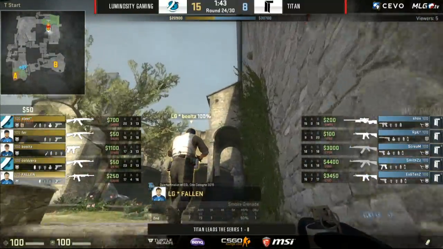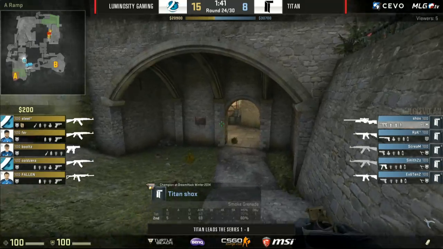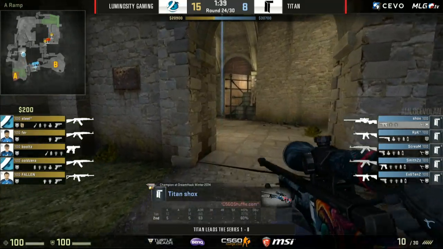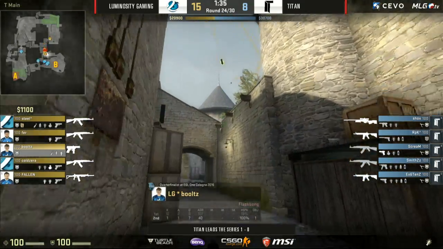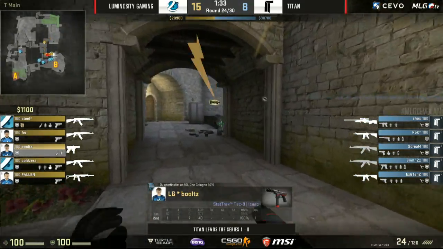Looks like that's what he'll be going for. No orb for Luminosity. Still on a difficult buy here. 4 rifles and a Tech 9. That's the smoke being dropped by Shox, looking towards that top mid area. Doesn't spot anyone. That gives a call off to his teammates, so they will be going for the straight up